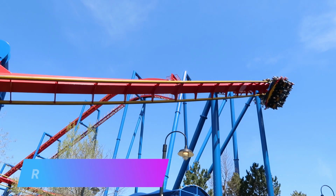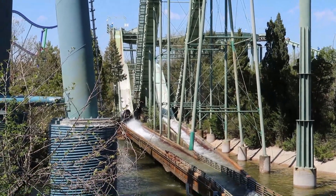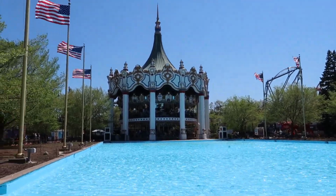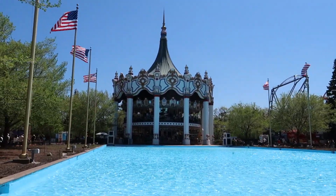Now for the best part, the rides. Six Flags Great America has 15 roller coasters, 4 water rides, 3 kids areas, and a ton of flat rides mixed in. A lot of the flat rides are pretty standard, but a few unique ones that I would recommend checking out include the Columbia Carousel, which is a double-decker carousel right at the front of the park, Condor, which